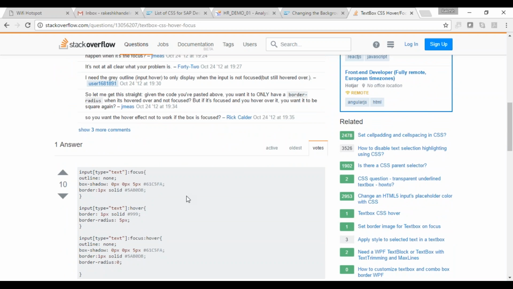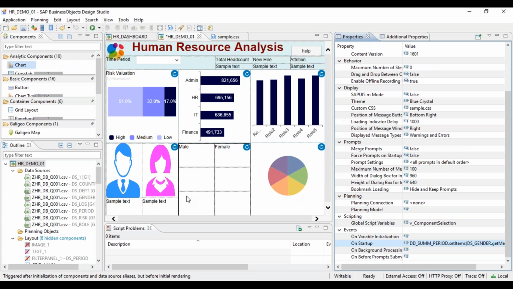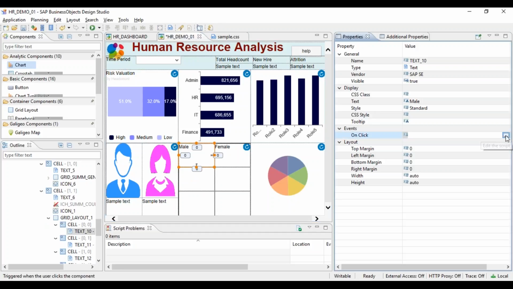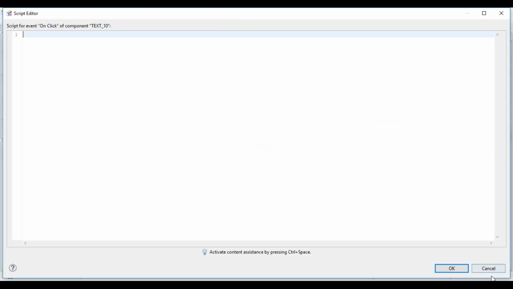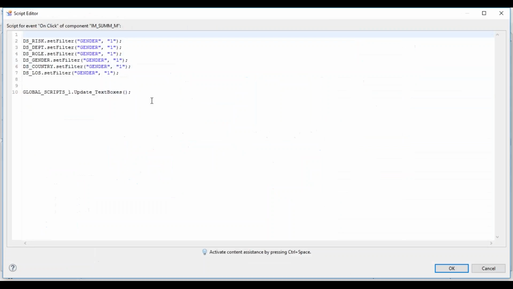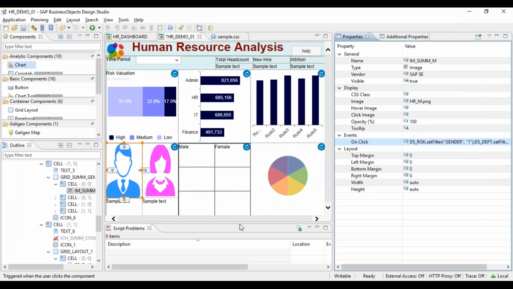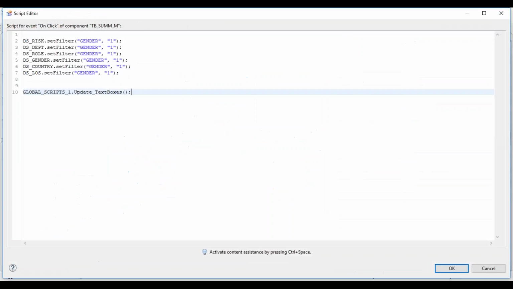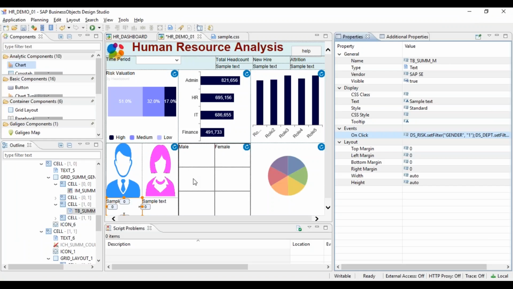So finding the CSS is one part. The second part is when you click, you want to filter the data. For example, if I click here on mail, it should simply filter the data, so you can write an on click event. It's the same thing that you applied on another component. When we select that particular data source, it filters out the data. So I'll just copy paste the same script on this number also, so you can click on the number as well, instead of the image. The same thing you can apply on the grid also, since it's only the text box components.